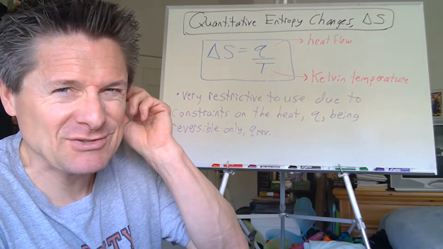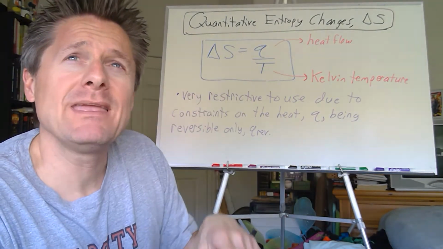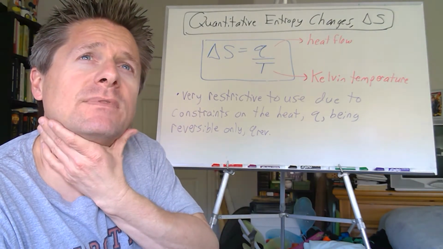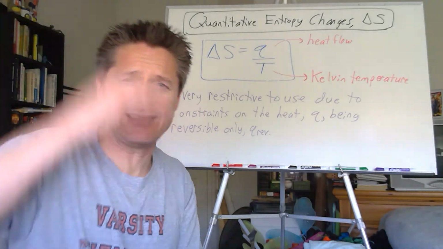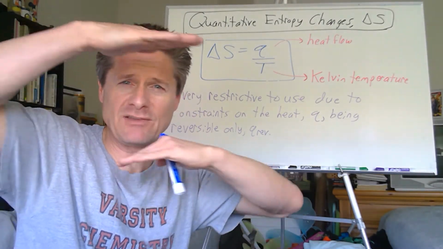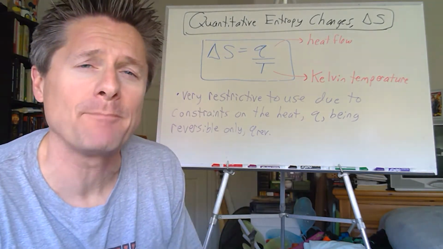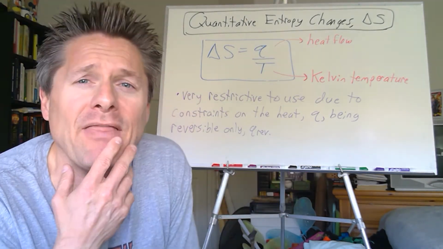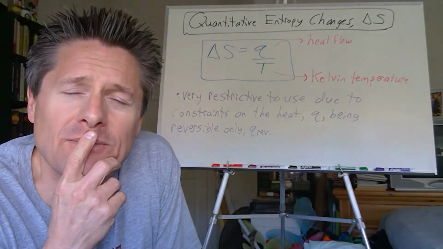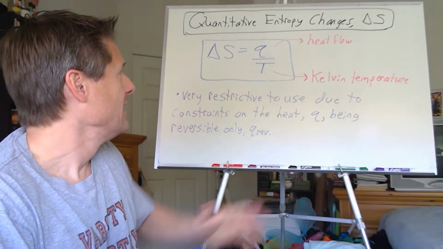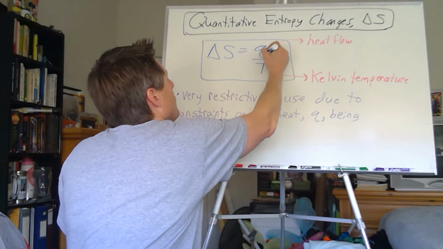Now, there's some constraints on this because enthalpy, internal energy, and entropy are path independent functions, right? You got state 1, state 2, those never change based on the parameters you set, so the difference should be set regardless of the pathway. But heat is path dependent, heat and work, if you go back to thermochemistry from last semester. So there's going to be some restraints on the heat flow here. This needs to be what's called